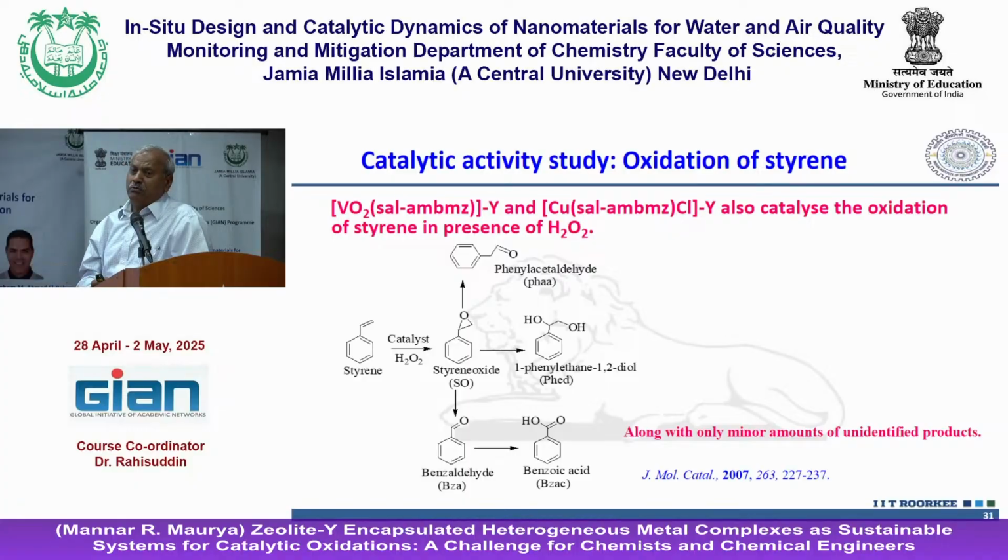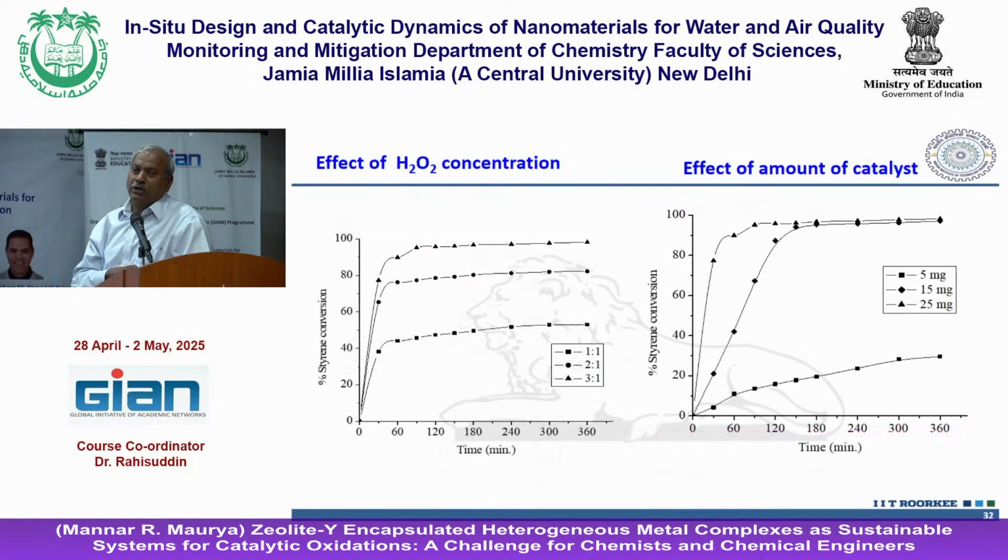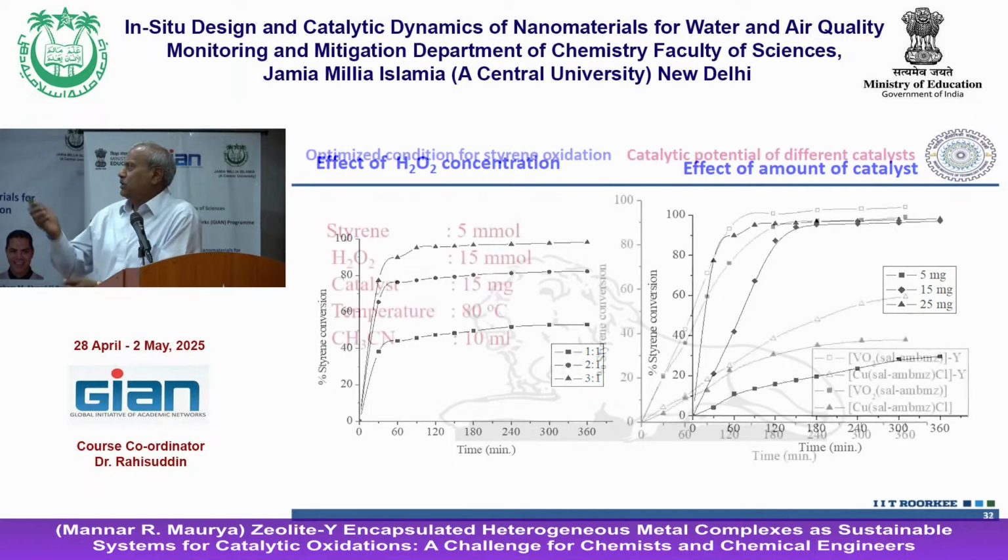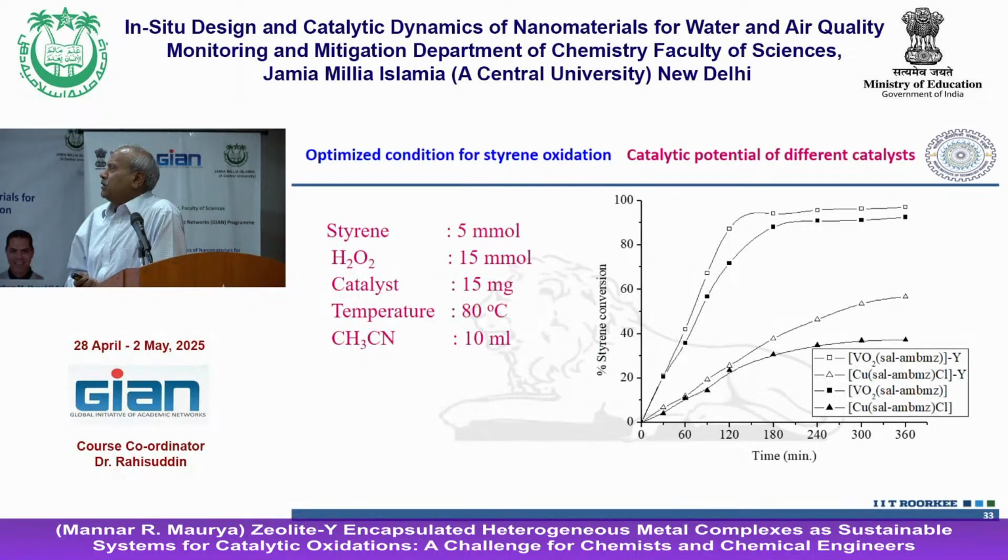By that time, during 2007, we got one GC in the instrumentation center. So we were in a little better position, and we were able to do that. So this is for another catalyst. Optimization, now you are familiar with how to do that. Okay, and for styrene oxide, this is the optimization condition, and in that case you will find that